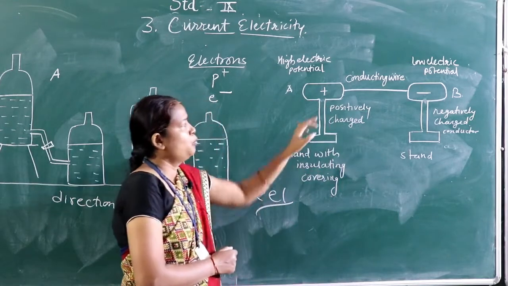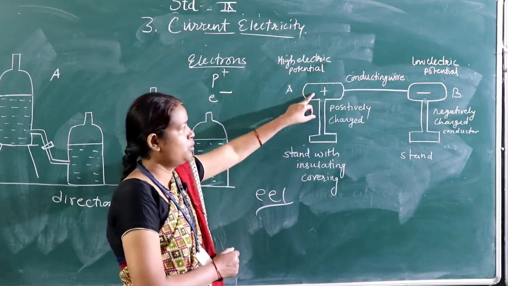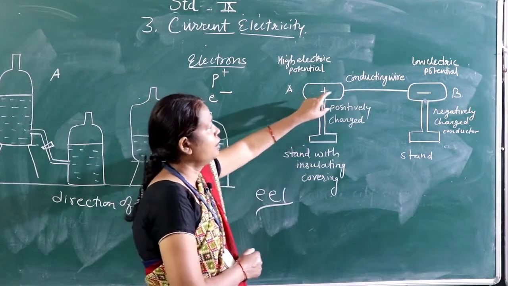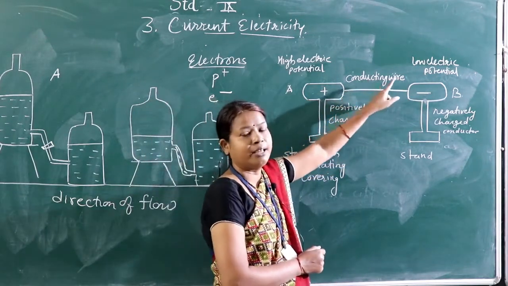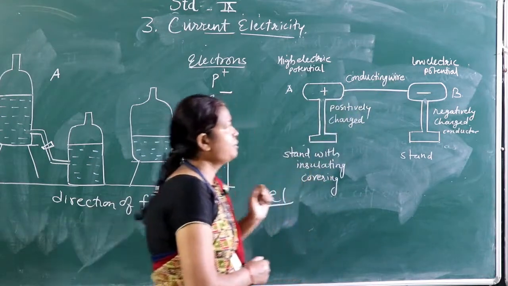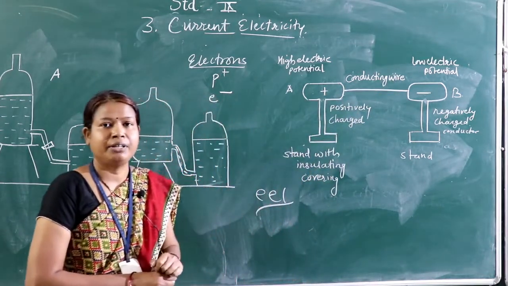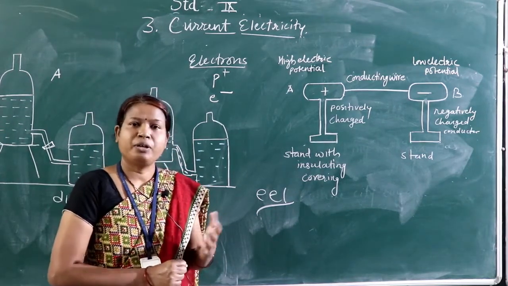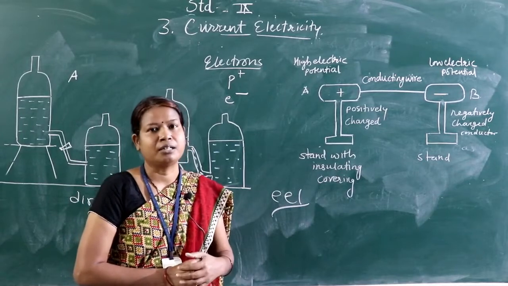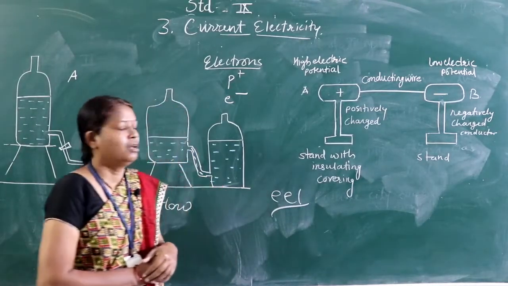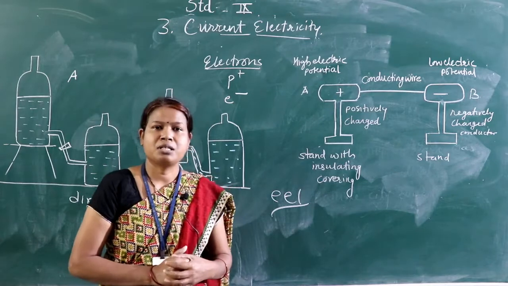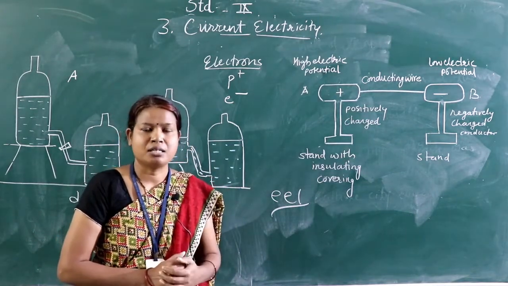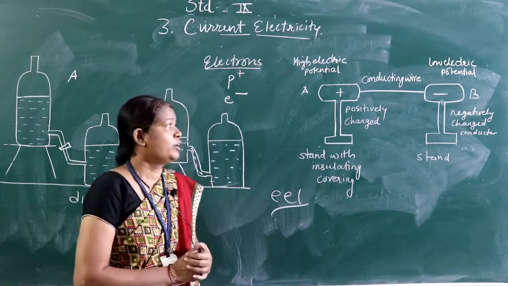Both terminals, the positive terminal and the negative terminal, are attached with a conducting wire. What is the meaning of conductivity? You all know about conductors and insulators. In your previous standard, you learned about conductors and insulators. What are conductors? Those substances which can carry electric current, or those having low resistance, are called conductors. For example,